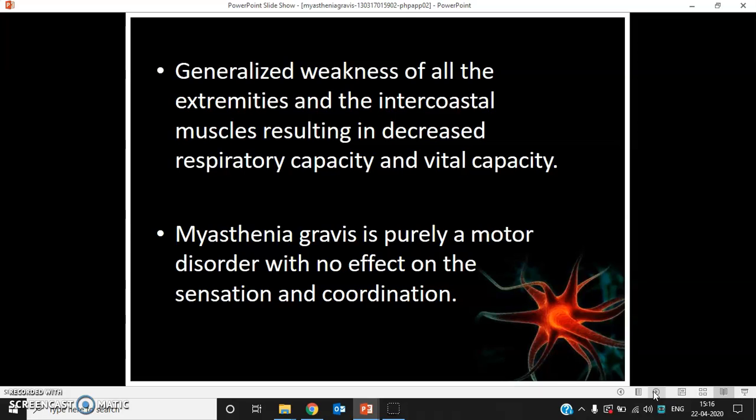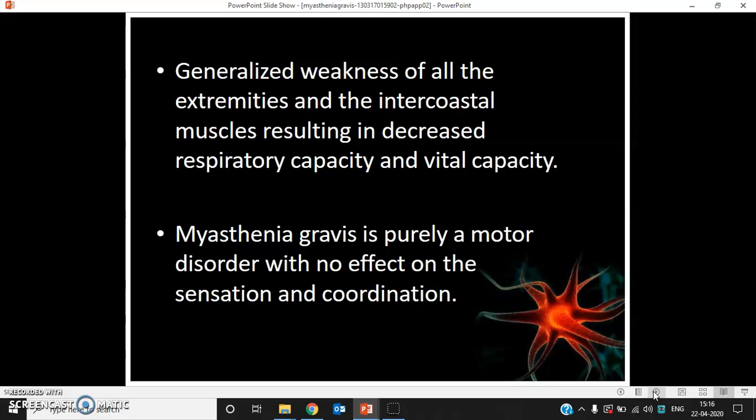So what will be the management if the respiratory capacity is compromised? What are we going to do? Will we provide oxygen, or do we have to put the patient on a ventilator? Obviously, we have to put the patient on the ventilator, because if we administer oxygen, the patient won't be able to breathe, because his muscles are relaxed. He is not able to breathe. So we have to forcefully insert the breathing, so that oxygen goes inside to the brain and the muscles are not damaged.